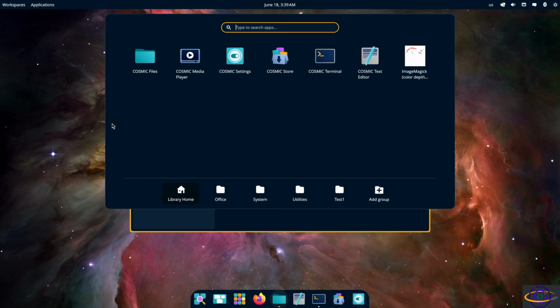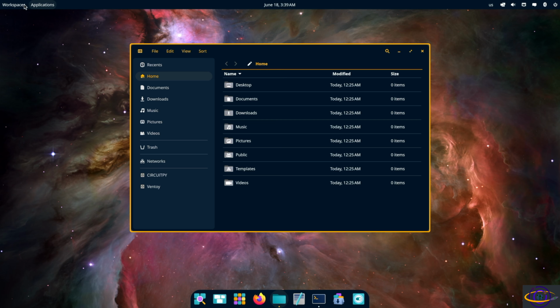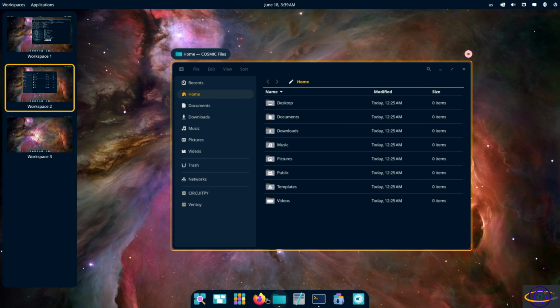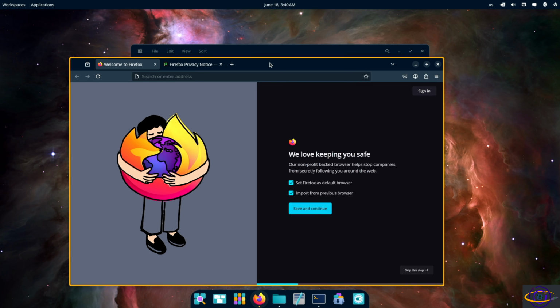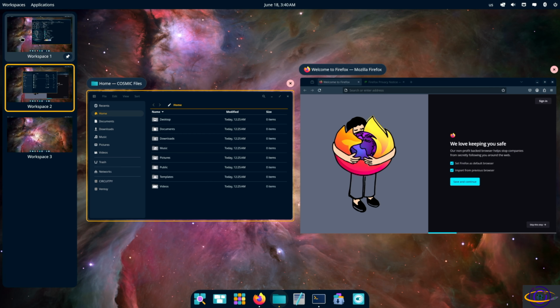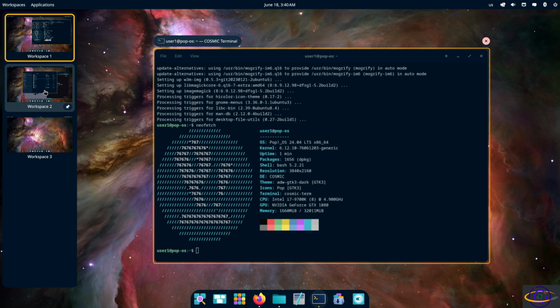of doing things. Anyways, you have applications and workspaces, right? Workspaces are basically just virtual desktops. So you can have a bunch of windows up and running. So you can have Firefox and this over here. You can switch over to this desktop and have a completely different set of applications running here